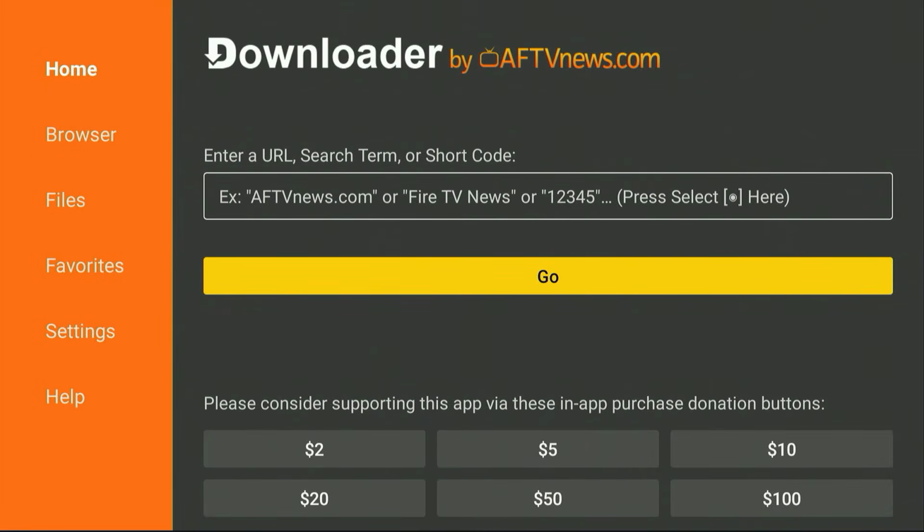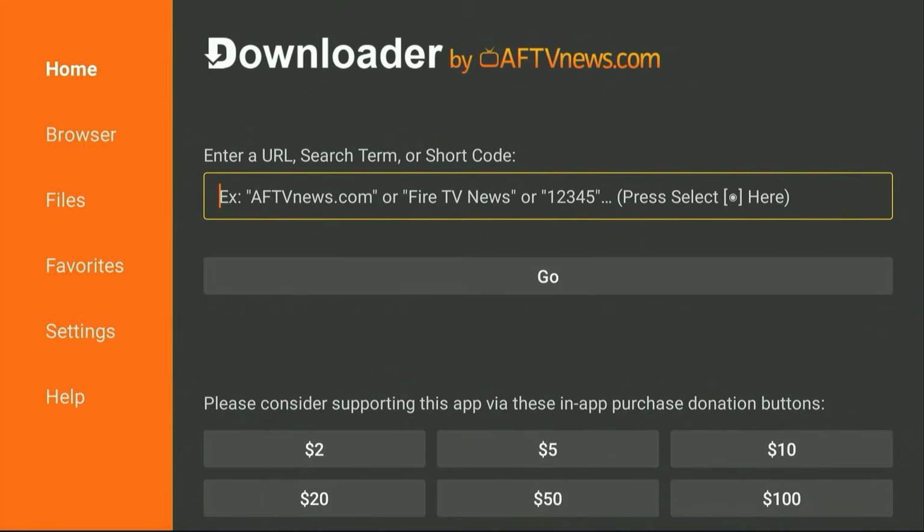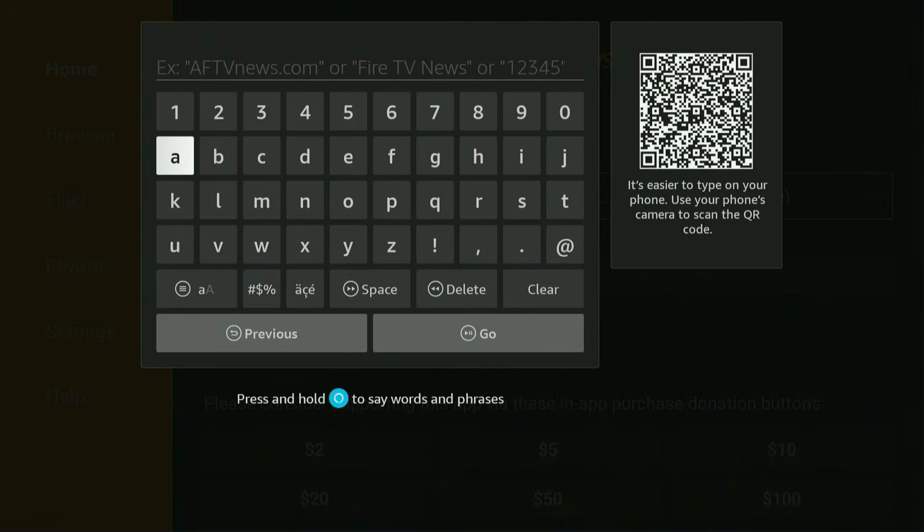All right, guys, so welcome to the Downloader app. As soon as it opens, you're going to see a simple interface with a blank address bar at the top. This is where we're going to enter the special codes that unlock access to apps not available in the Amazon App Store. So we're going to press the up button on our remote to navigate to the search bar, then click the center button. A keyboard will pop up, allowing us to enter a code to download this secret code